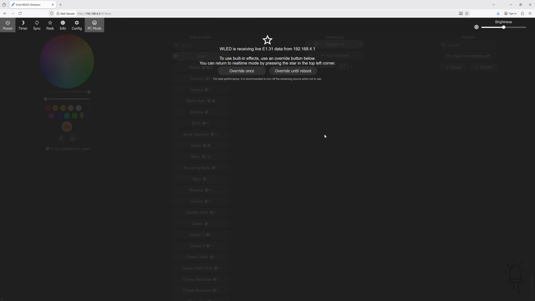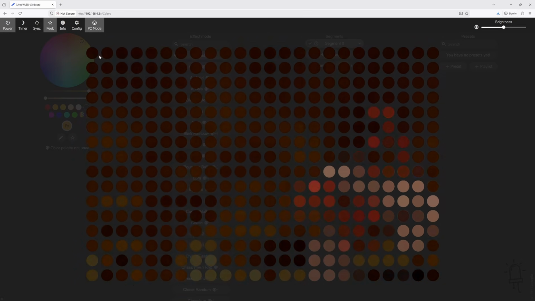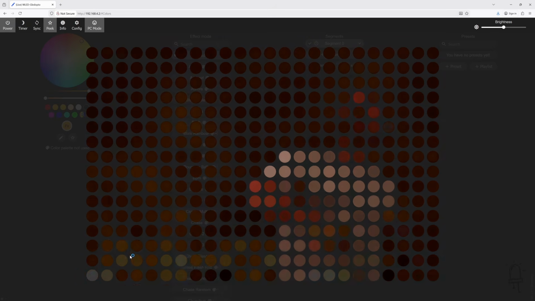And now if I open a web browser and go to the IP address of the ESP32, you'll see that I get a message that WLED is receiving live data from the IP address of the machine that's running Jinx, and that's what's sending the sACN data. Now, one of the features I really like about WLED is that it has the ability to preview what that data looks like. So if you click the peek button here, you'll see you get a visualization of the LED